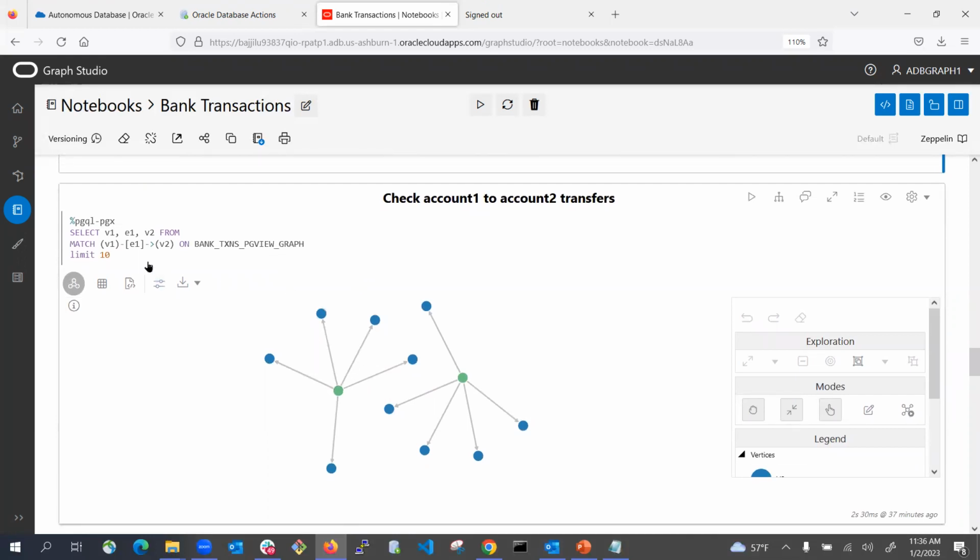Now this is going to be the interesting part. Now we want to see the graphs. So for example, here I want to select V1, that means vertex 1, edge 1, and vertex 2. That means you want to see how the money is transferred. So this is the edge. You're saying match vertex 1, that is from this to this through this edge. These are all just variables: V1, E1, V2 are just variables. So if I run this,